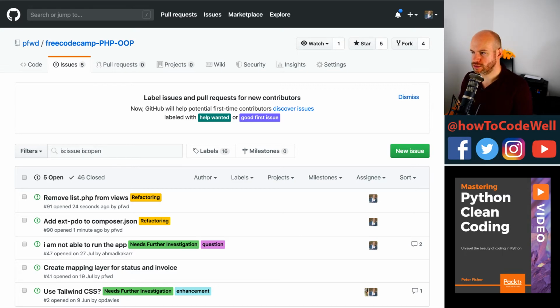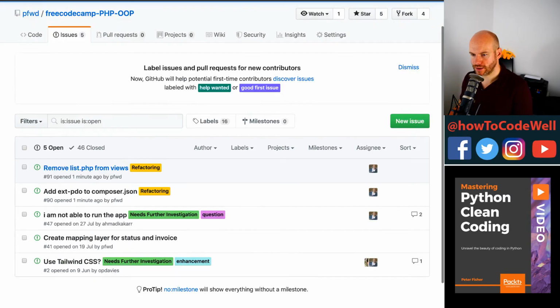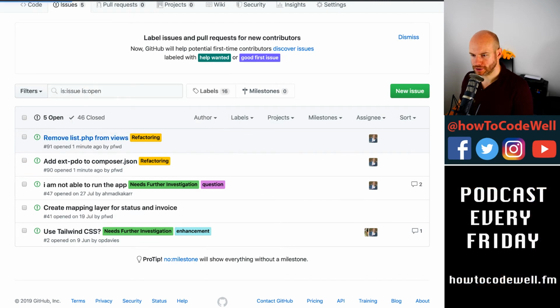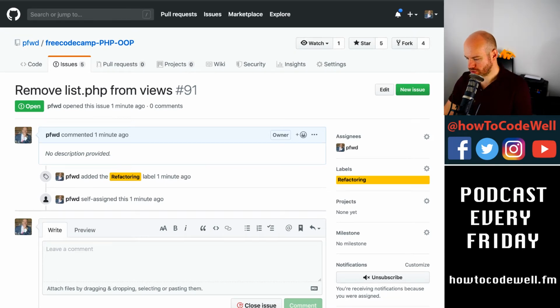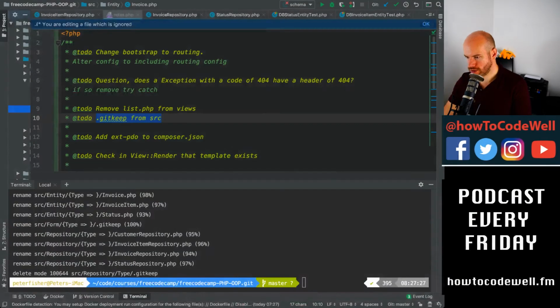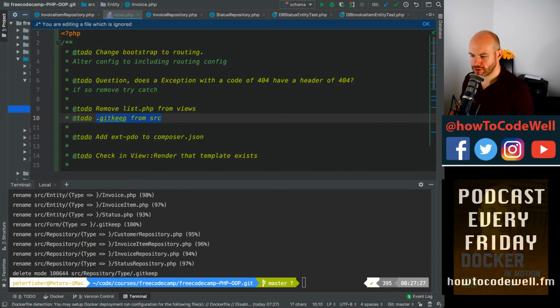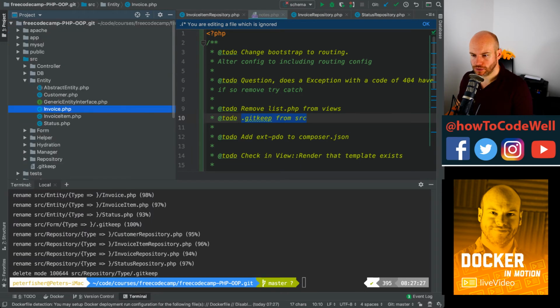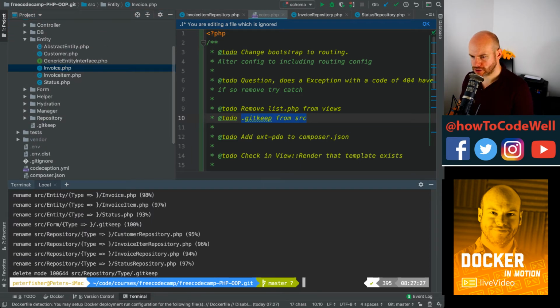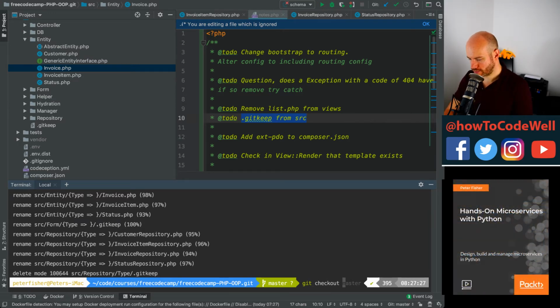Actually, let's go to the issues and find the issue numbers. So this is 91. This is remove list.php from views. So that's pretty straightforward. Let's go to the code. If I hit the right button. Yep, I have hit the right button. Okay, so let's go to here. Let's go git checkout -b 91